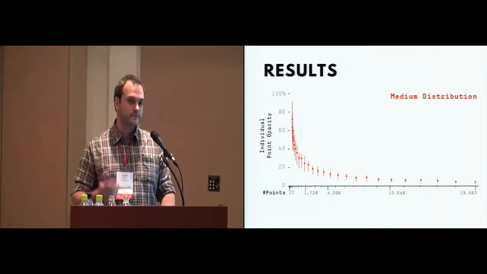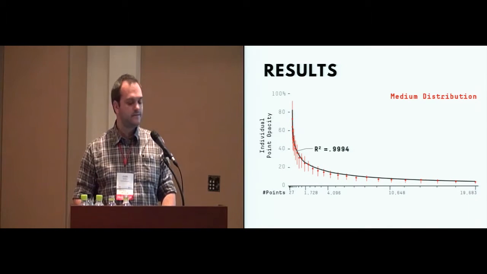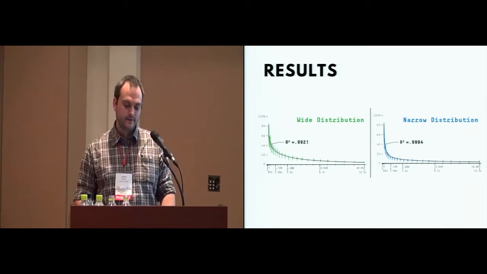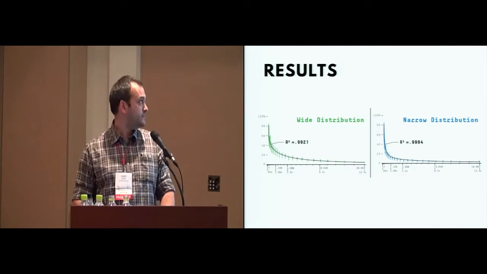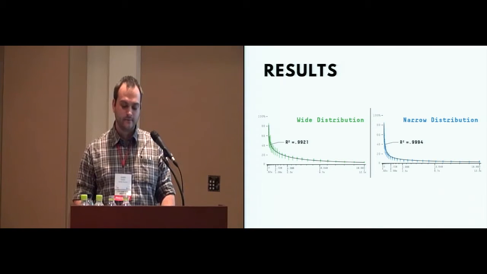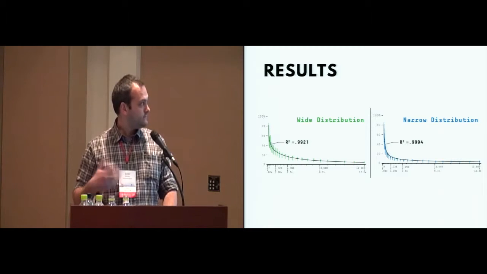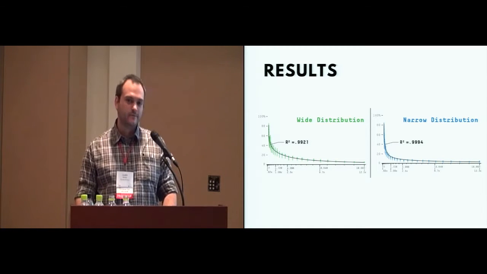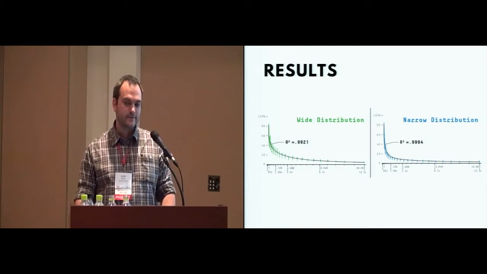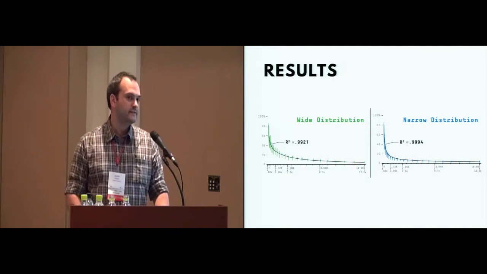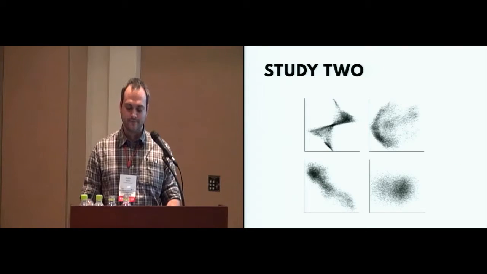So these are the user determined preferences, and when we overlay the results from our model, the correlation is quite high, and we have similar results for the medium and wide distribution types. So of course it's fine that we collected data from one set of charts and generated an algorithm to reproduce those results on that same set of charts, but to be useful, it needs to be applicable for other arbitrary charts